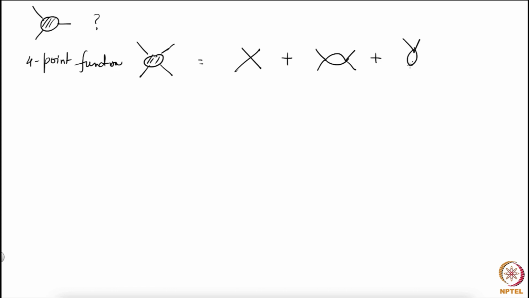Let me draw them again, and then you have, I always find drawing this last one confusing. Okay, so that's at one loop. I mean, you also have these ones and others,